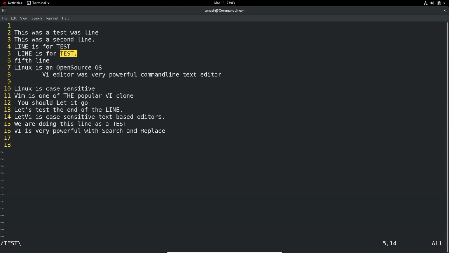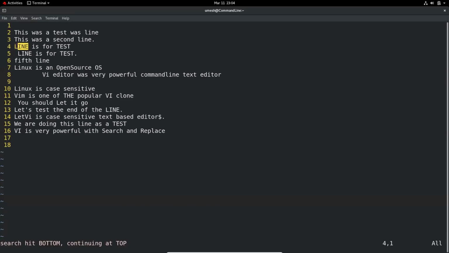And if you want to find a test that's at the end of the line, just do \<test$. The $ sign will find the word test at the end of the line. So those two, not the rest. But let's say I want to find a line. There are 3 lines, but I'm only interested in the line that's at the beginning of the line, then I should do ^line, and it just found the 4 but not the 5, because the $ sign will display the line with a non-blank character.